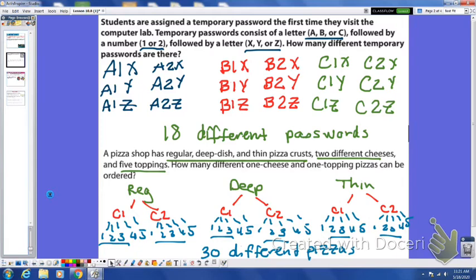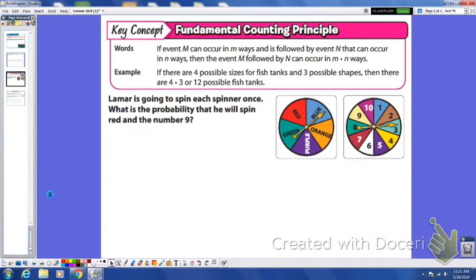Okay, so there is an example of making a table, making an organized list, and then making a tree diagram. Now, as you saw, these can take some time. Each of the questions just asked how many options there were. It didn't ask what the options actually were, but we had to list all the options in order to find how many. If we go on to the next slide here, there's something called the fundamental counting principle, where